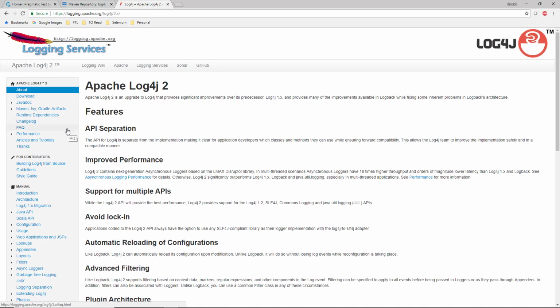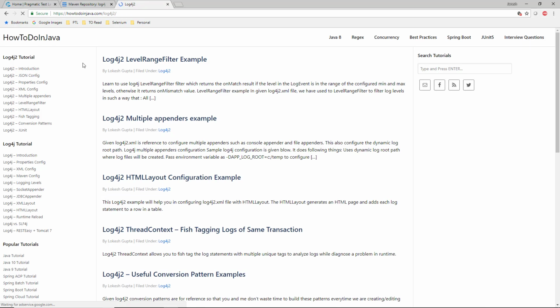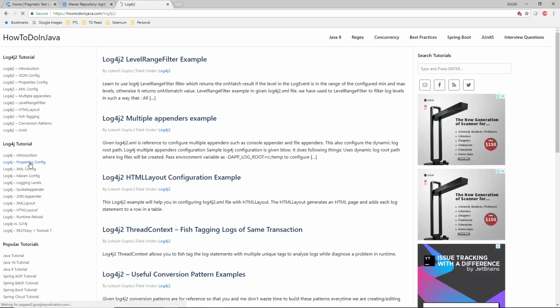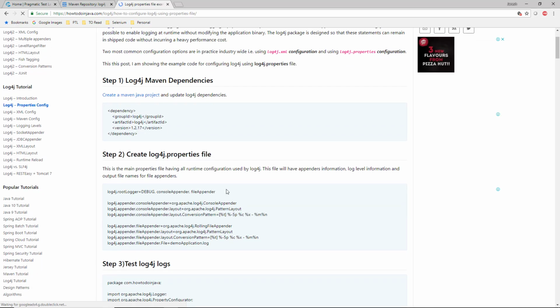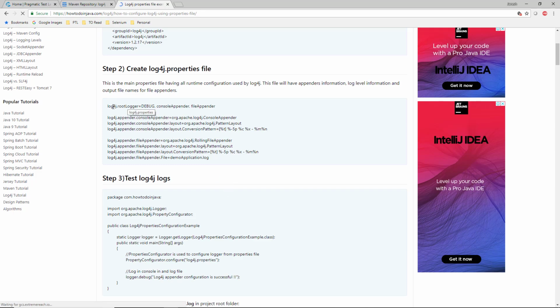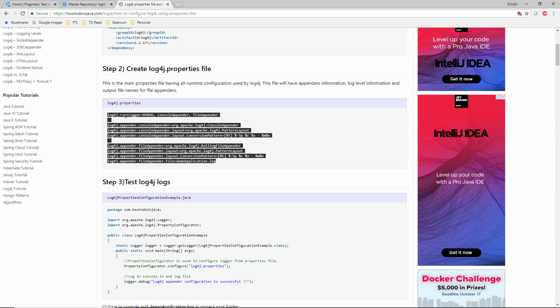Let's get the template from an existing file. Go to the official website and click on the articles and tutorial section and select the first link. We'll get the log4j property config and log4j.properties file content, and we copy the content, and the property file should be created